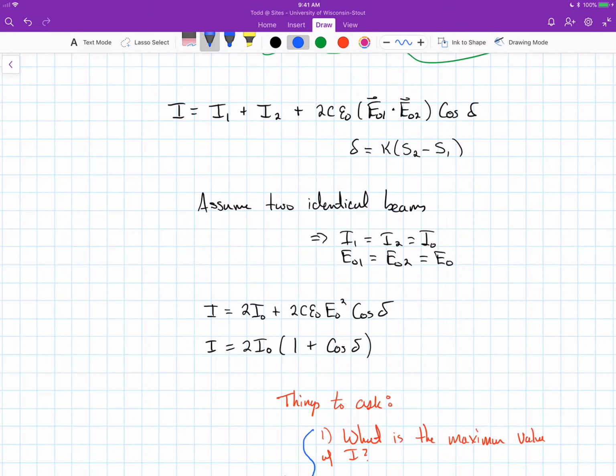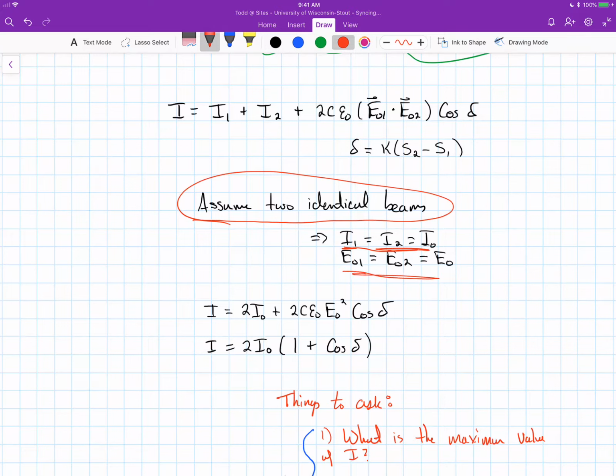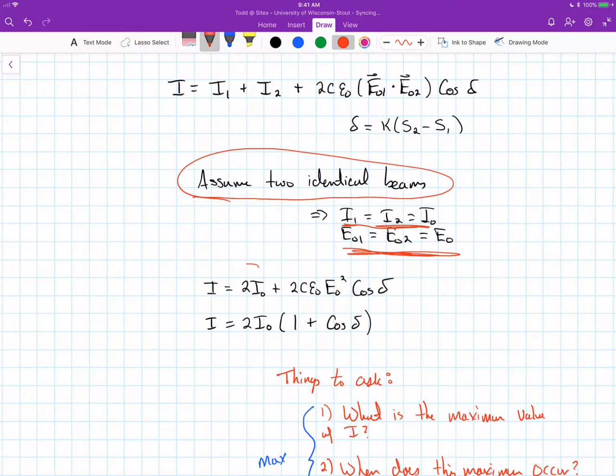To help us develop an even deeper understanding of what's going on here, we're going to make one further assumption. We're going to assume that the two electromagnetic waves are identical. In other words, they have the same intensity, which also means that they have the same magnitude of the electric field. In that case, what we end up getting is that the irradiance is this right here,